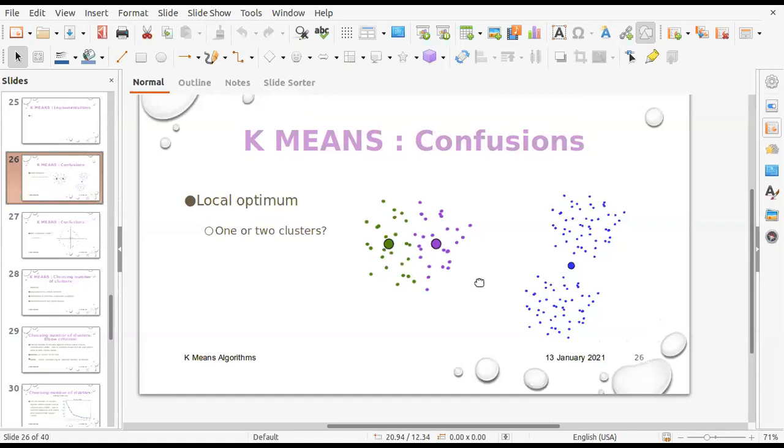This way you form a large number of small groups, and then you merge the groups which are very close to each other. At whatever point you want, depending on how many clusters you want, you can stop there. So that is hierarchical clustering.